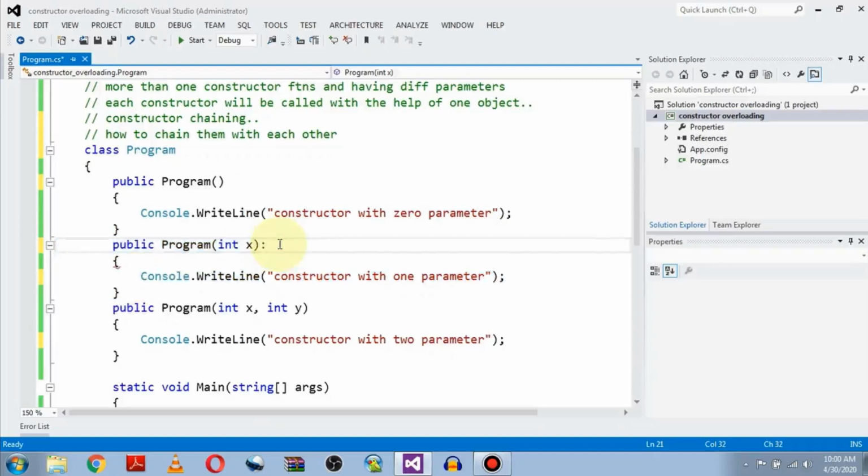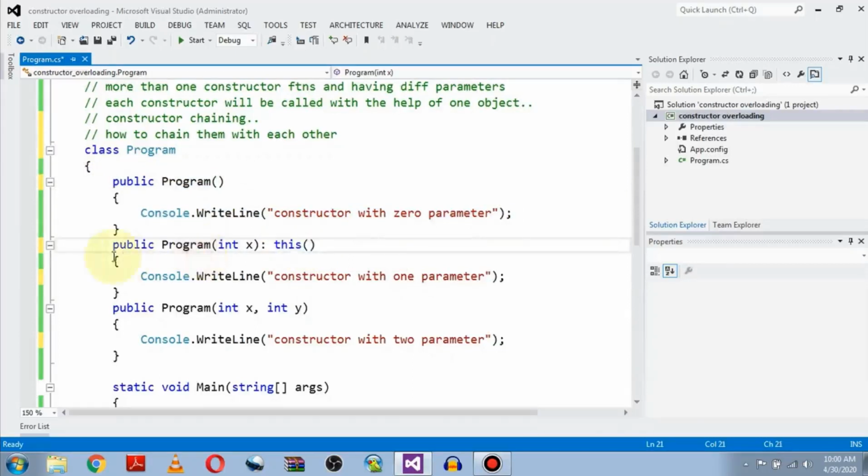After this, we will be using the this keyword. This is a keyword which is by default the object of the program class. So again, we are connecting the 0 argument constructor, so we will be sending 0 parameters. Number 1.